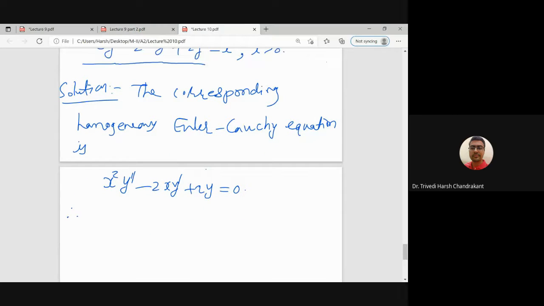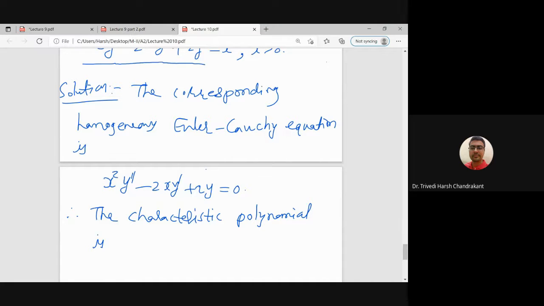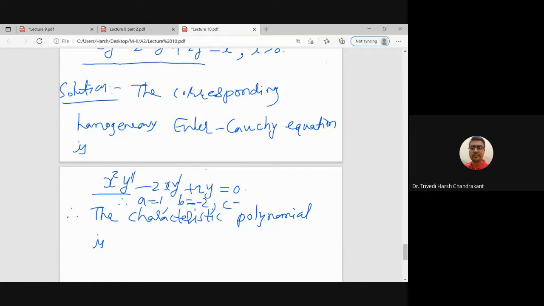So therefore the characteristic polynomial is, if you compare with the standard equation of the Euler-Cauchy, the coefficient of this term is a, so a is 1, b is minus 2, b is the coefficient of xy dash, and c is the coefficient of y, that is 2. Right, so substituting these values in the standard characteristic equation,